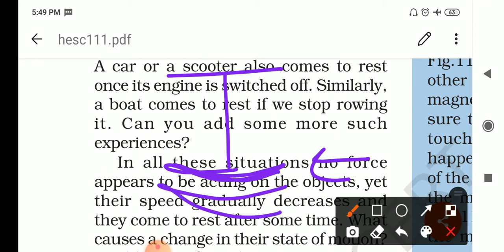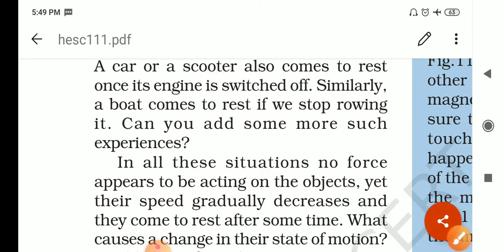Then after some time you stop. Then what is that which stops you? That is the friction. This may be the friction of the air, and sometimes it may be the friction between the ground and the object which is moving over it, है ना? Okay. Then this invisible type of force